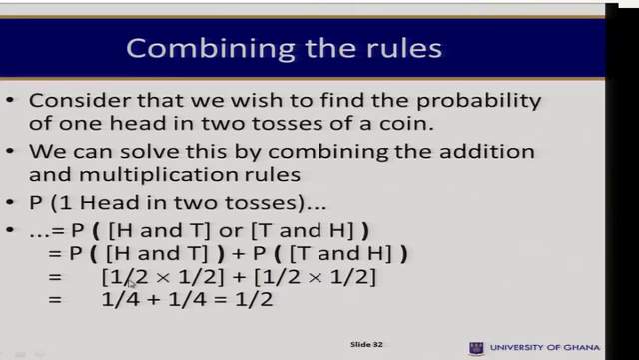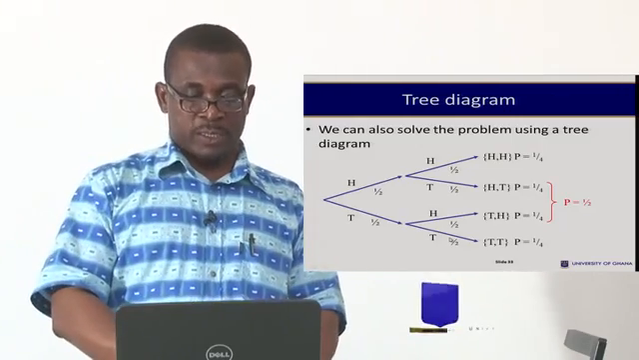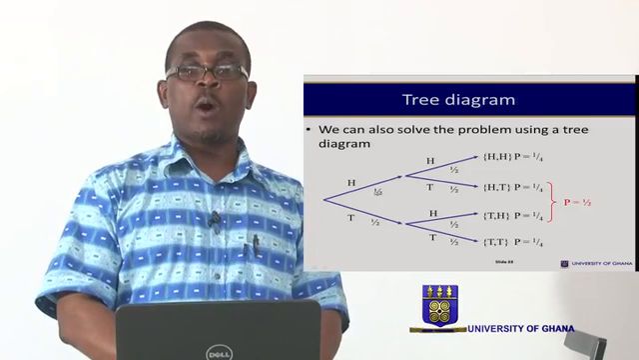So because we know the probabilities a priori as half, it is half times half plus half times half. It gives us what? A quarter plus a quarter, which is half. We can put this in what is called a tree diagram, because when you toss a coin